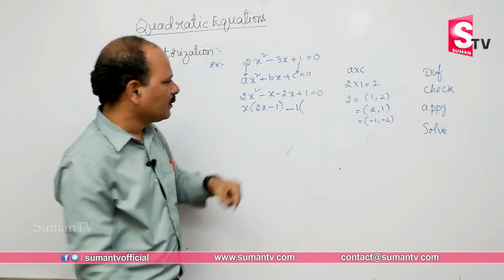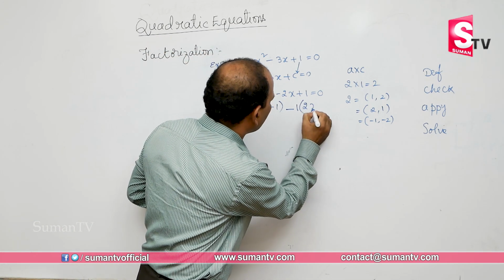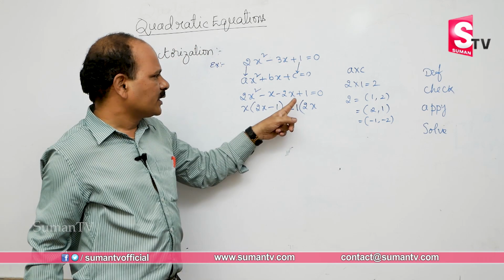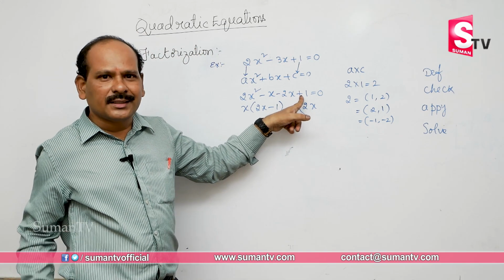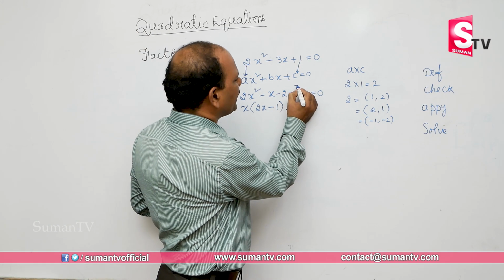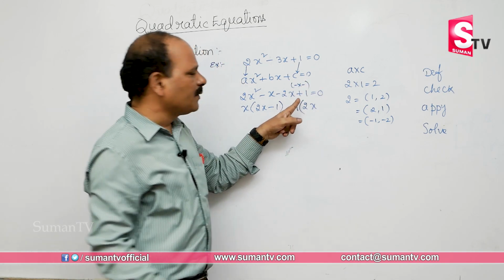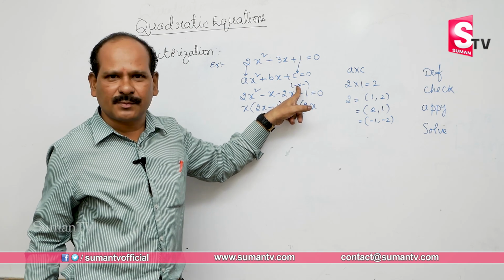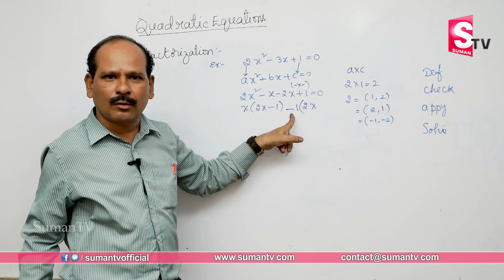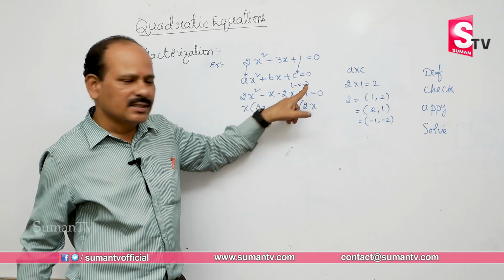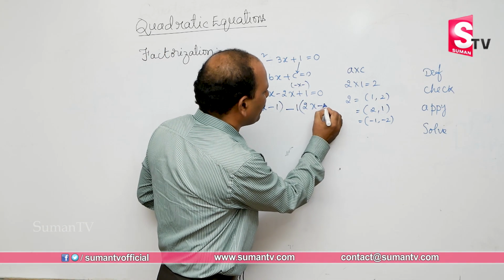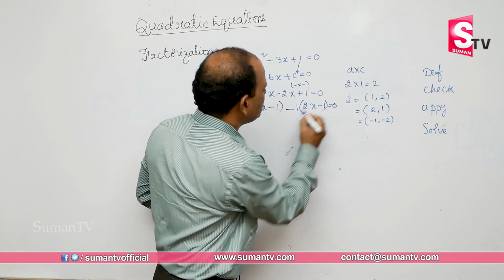Once 1 went common, here 2x, here plus is there. In the plus you have 2 minus symbols. Minus into minus will become plus. Every plus symbol has 2 minus symbols. 1 minus went common, so another minus is there. That is minus 1, and minus into 1 is equal to 0.